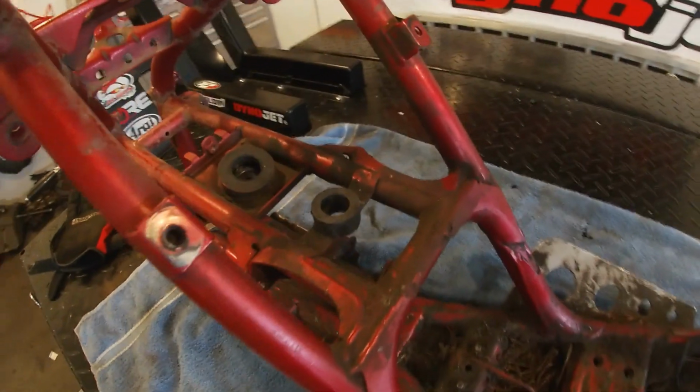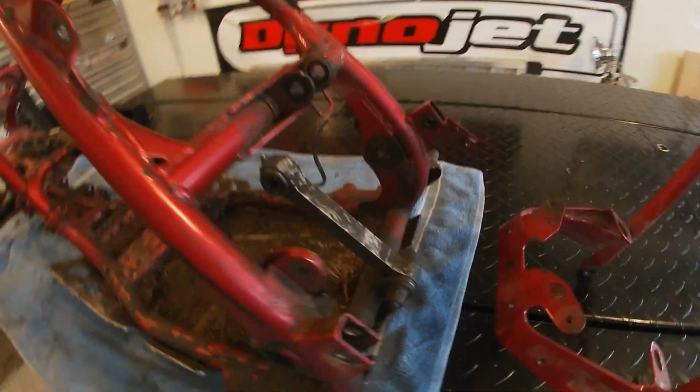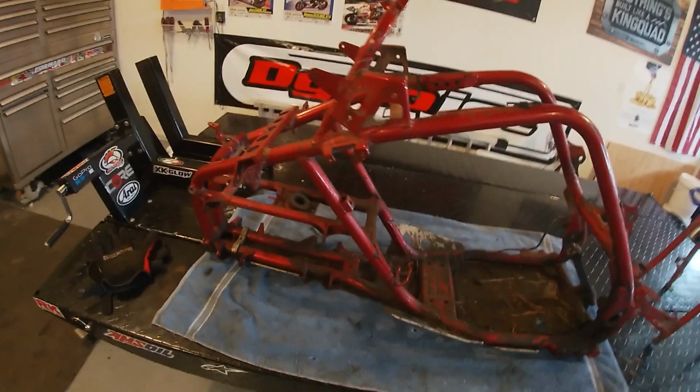And today we are going to be working on the frame. So we have some things to keep taking apart on the frame. We got to get some rubber grommets out, take that off, and finish up with the rear suspension. What I'm going to try to do is get this thing stripped down, get it kind of cleaned up, and